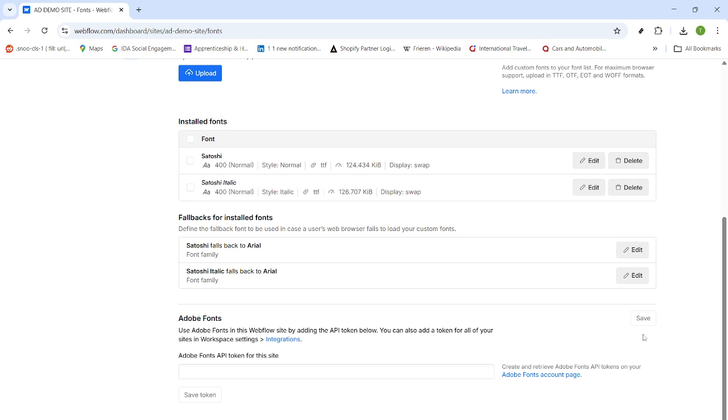That's the full workflow. Navigate to Site Settings, open Fonts, add or retrieve your Adobe Fonts API token, select your web project, and then apply the fonts in the designer. Save often, refresh when prompted, and you'll have